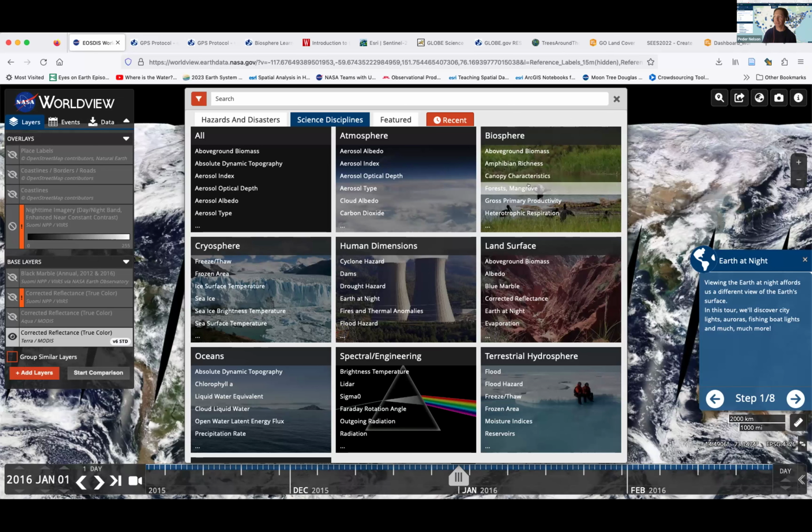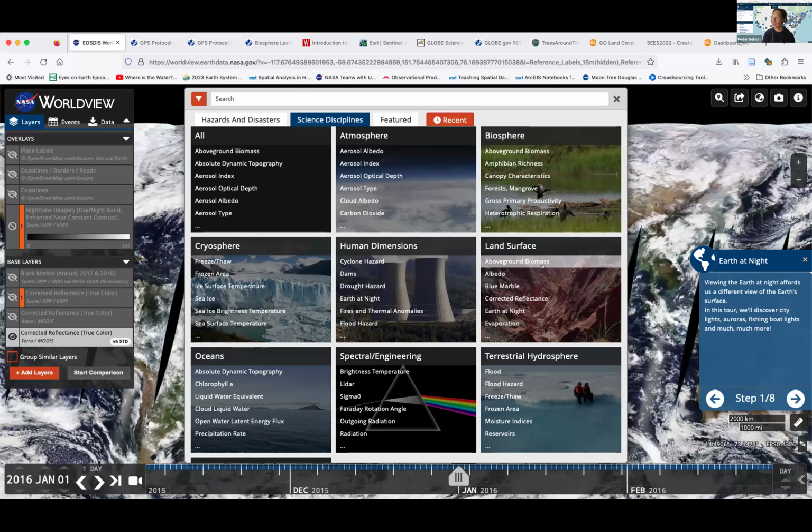There are these particular forests that we've highlighted in the past, the mangroves, that really are only occurring in certain areas of the world. And so, this way of searching can help you to connect maybe a theme of what you're learning in your class with particular data sets here.